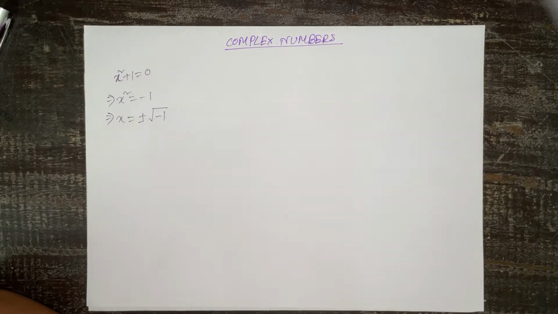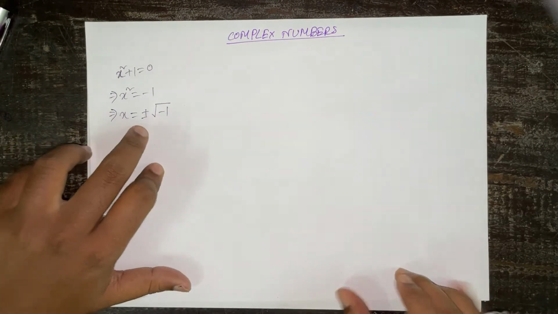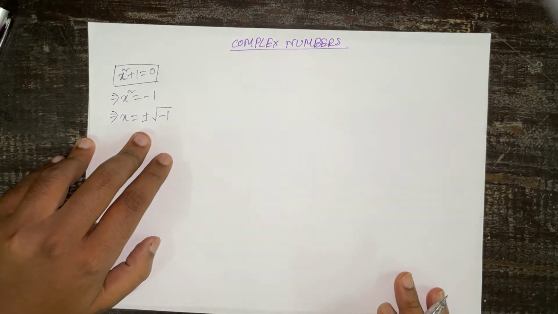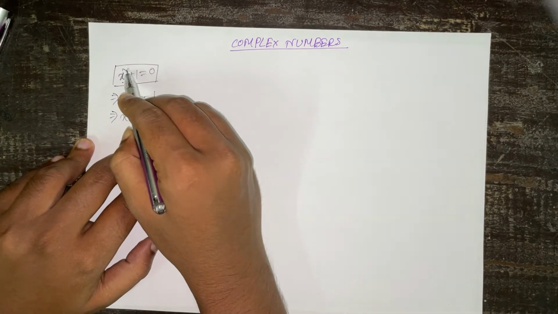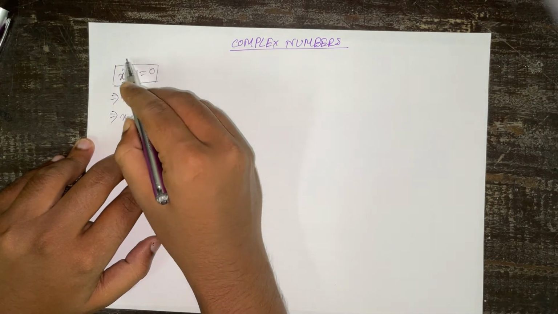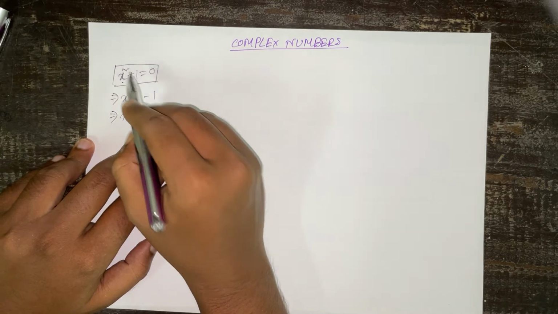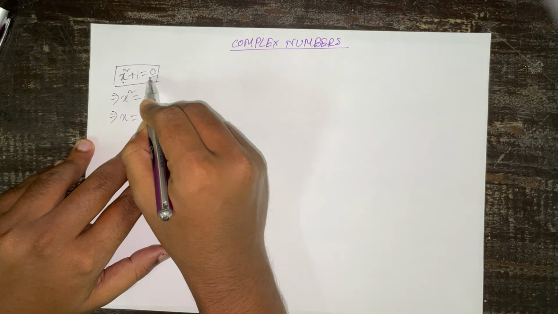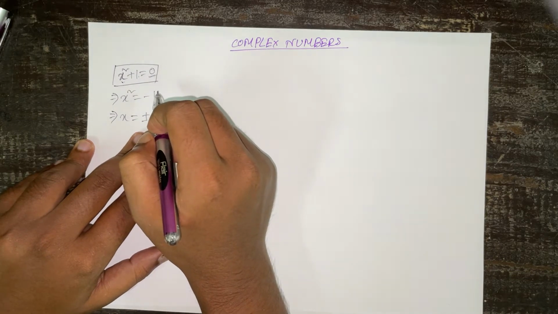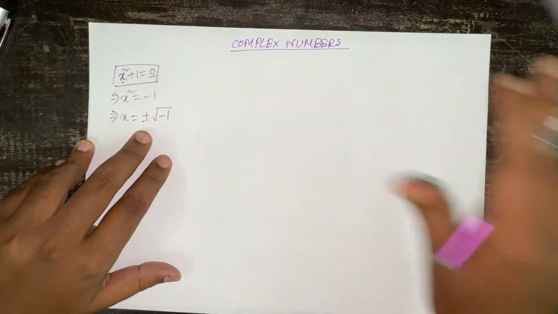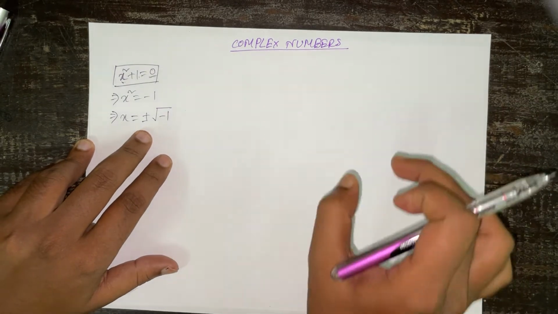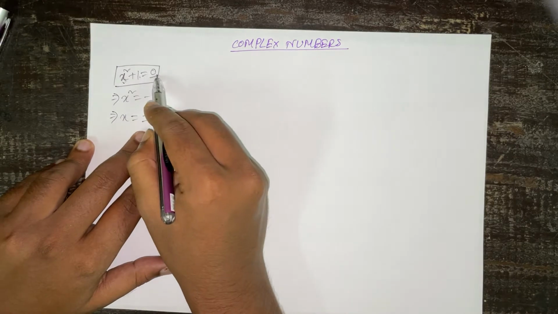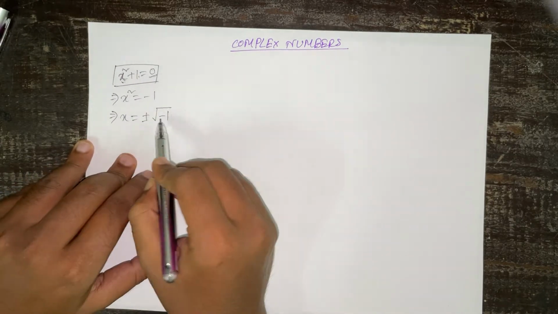Now if you look into the solution, it's of one type. But if you look into the equation itself, x square will be a positive number, right? The value of x square will be positive because it is a square. Plus we have 1. 1 is a positive number. Sum of two positive numbers is equal to 0. Is it possible, for the numbers in the real world, to have two positive real numbers which are added up to get 0? It's not possible.